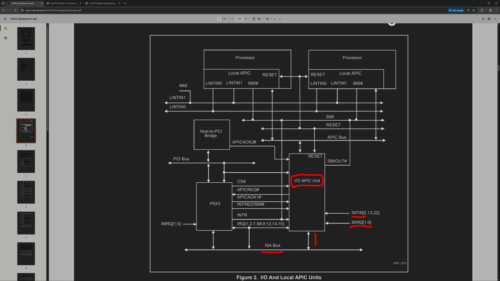So through the ISA bus, as well as through the interrupt IRQ pins, this chip gets signaled interrupts, right? Then this chip's main role is to decouple the interrupts and IRQ distribution across the ISA bus and other devices from the actual